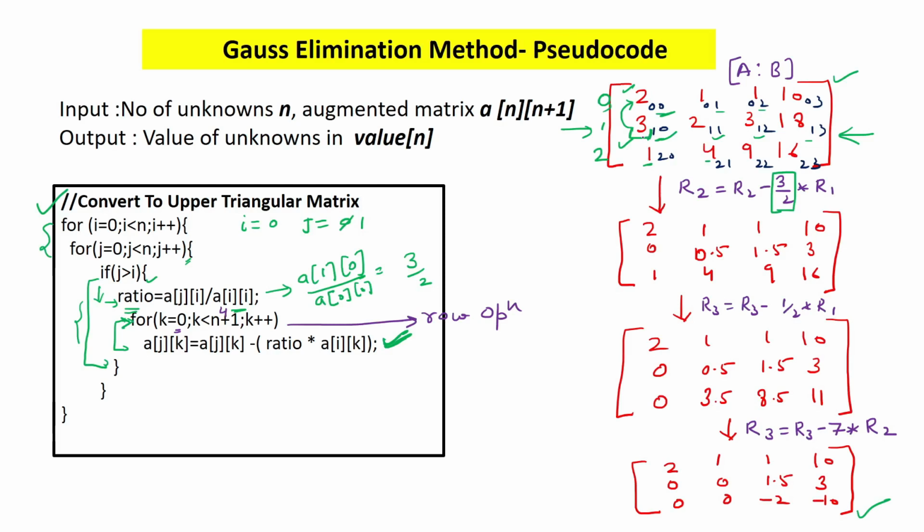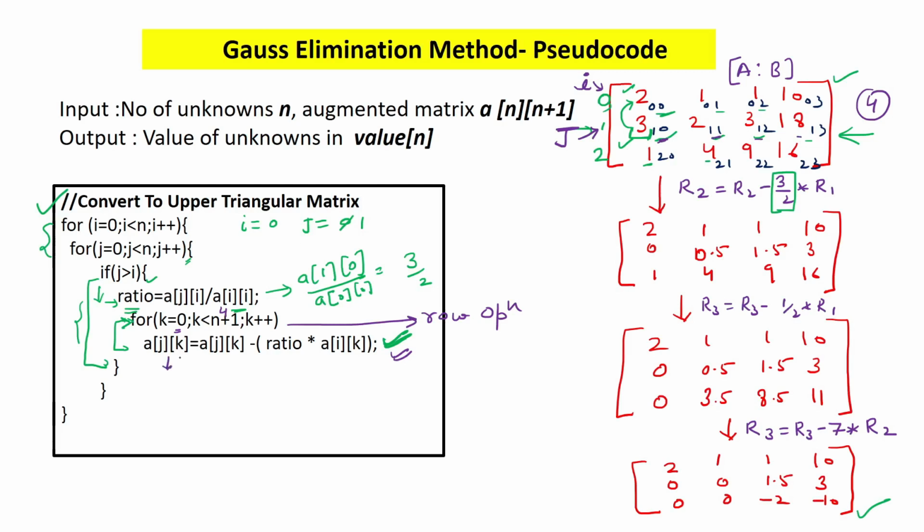And how many elements are there in each of the rows? So in each of the rows, there are actually 4 elements. So on all the 4 elements, we are applying this operation. So you can say that this is actually j and this is actually i. i is referring to 0 and j is referring to 1. Now here we want to apply the operation on 1 0, 1 1, 1 2, 1 3.